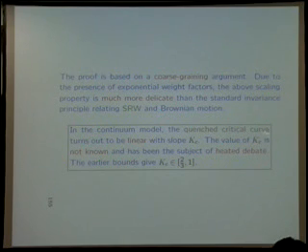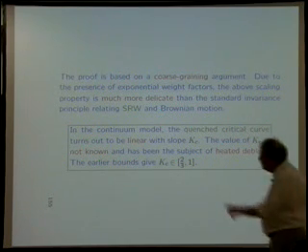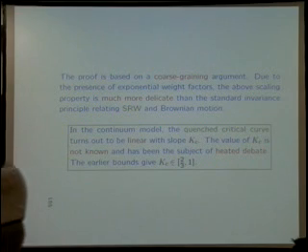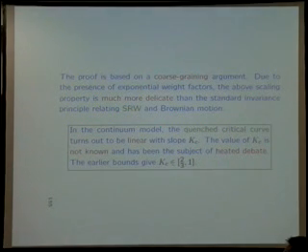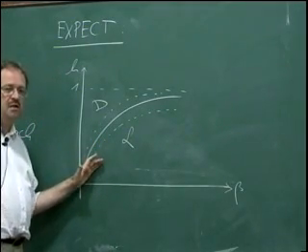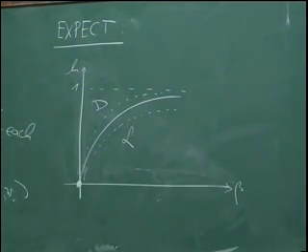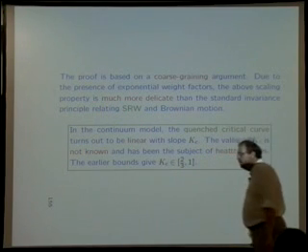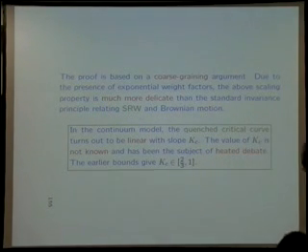Now this number kc, so this is the slope of this curve here, has been debated a lot. The upper and the lower bounds on the curve will show that this number is somewhere between 2/3 and 1, because the upper bound has slope 1 and the lower bound has slope 2/3. So it must be somewhere in between. And in the physics literature, there were people arguing in favor of the 2/3, and there were people arguing in favor of the 1. And this went on for a while,